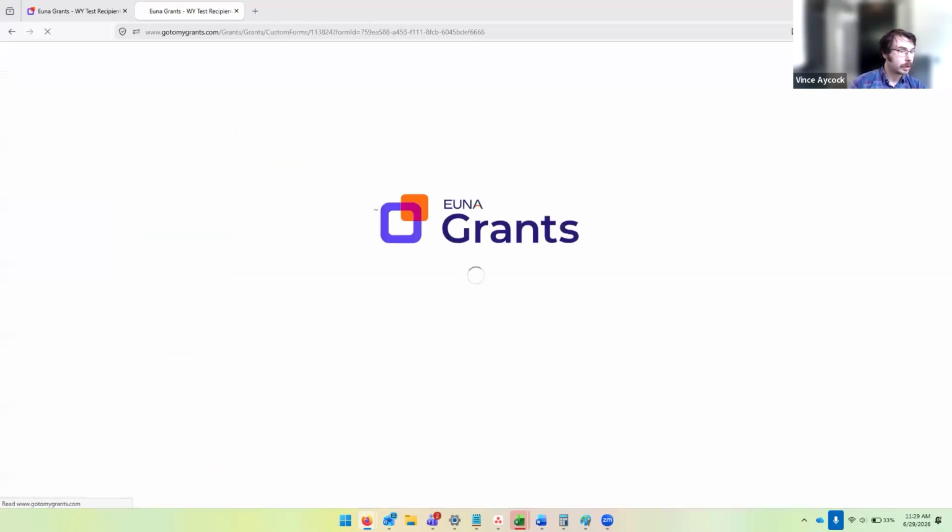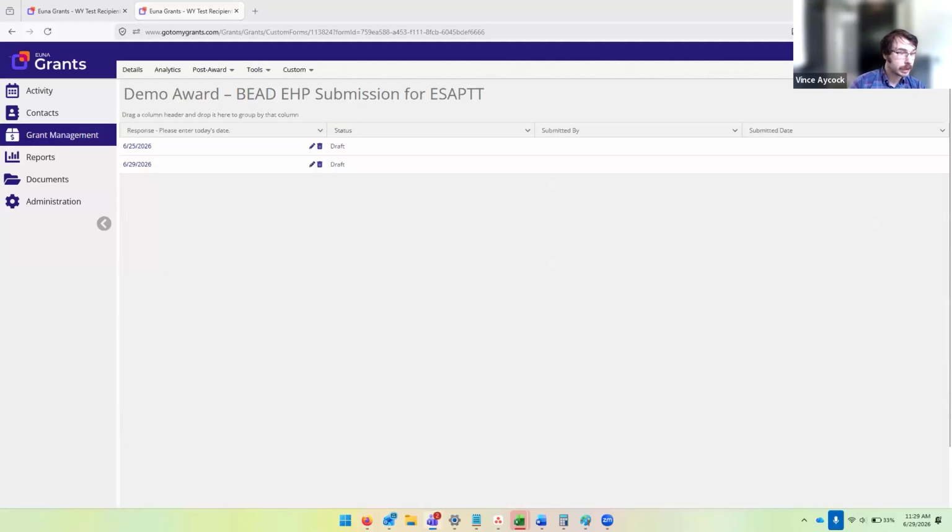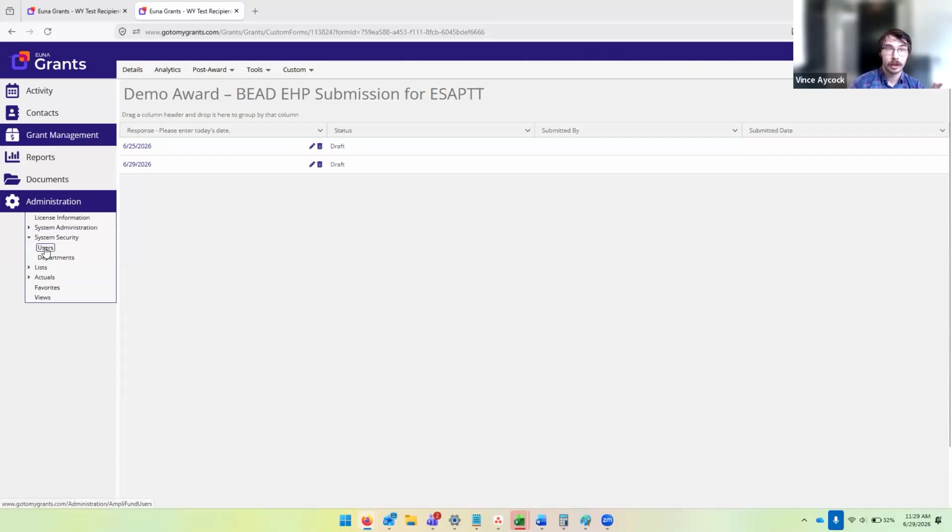Those are the big workflows that you have to be aware of in UNA. Just to recap, that's adding users from this administration system security users page.